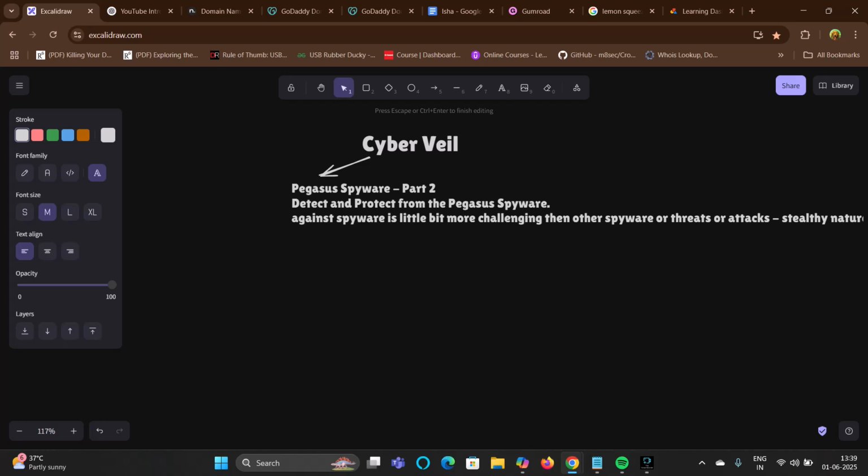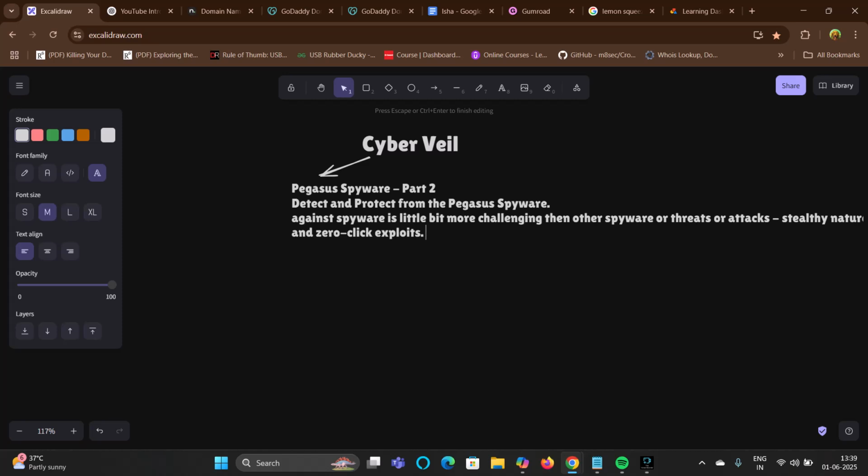So that's why it is a bit challenging to detect easily, as well as due to its zero click exploits. It is difficult to detect or protect from Pegasus spyware just because of these two things: number one is stealthy nature and another one is zero click exploits.